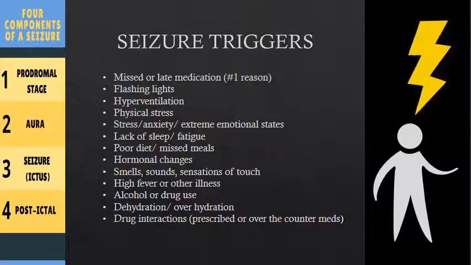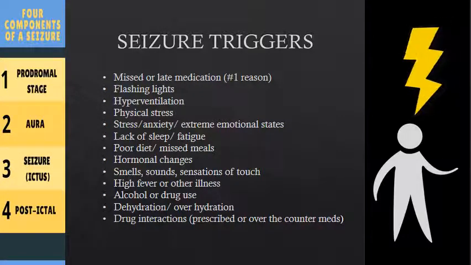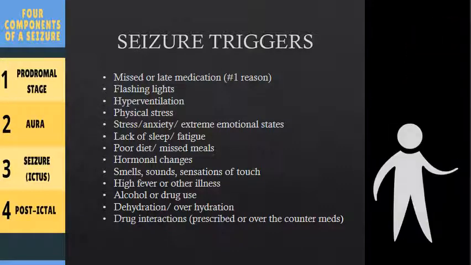Other commonly seen triggers are flashing lights, hyperventilation, physical stress, emotional stress or anxiety, or other extreme emotional states, lack of sleep and fatigue, poor diet or missed meals, hormonal changes such as in pregnancy and menstruation,